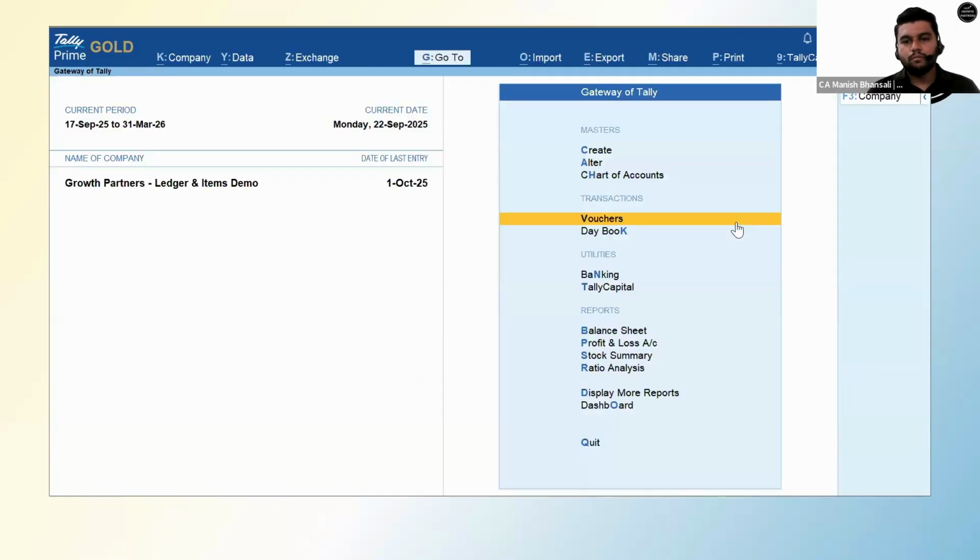So this was a demo on how to make the changes in ledger as well as stock items, no matter how your clients are maintaining this in their Tally. This video will also be uploaded on YouTube in a couple of days, and Komal ma'am will share it in the group. You can also share this video with your clients